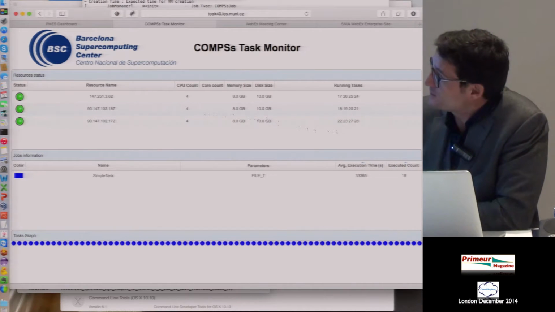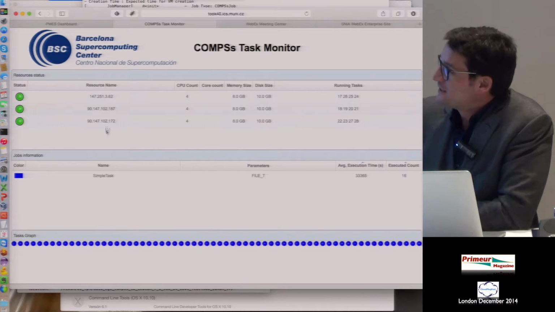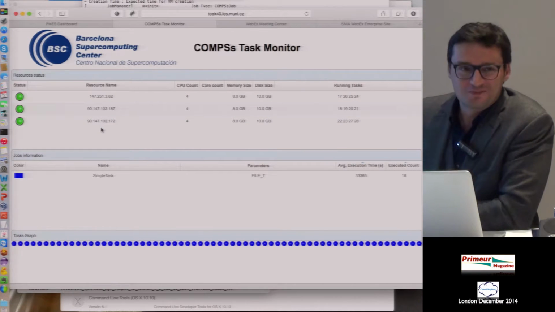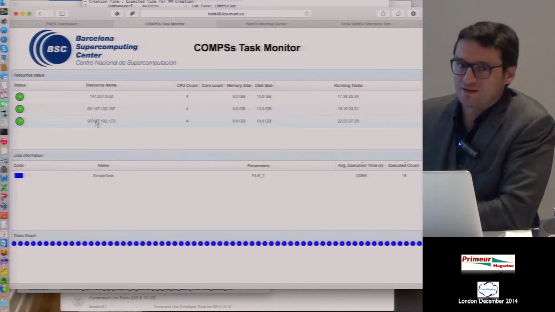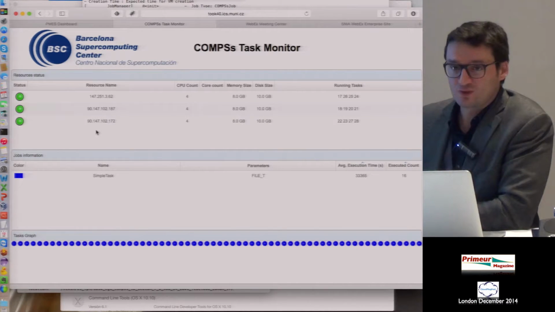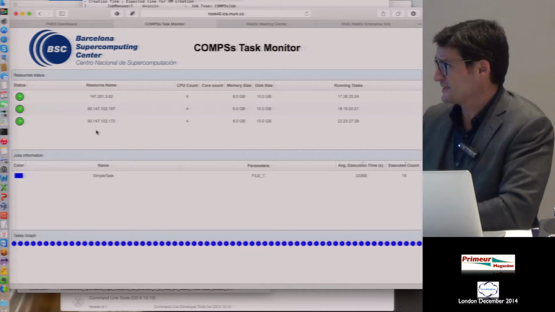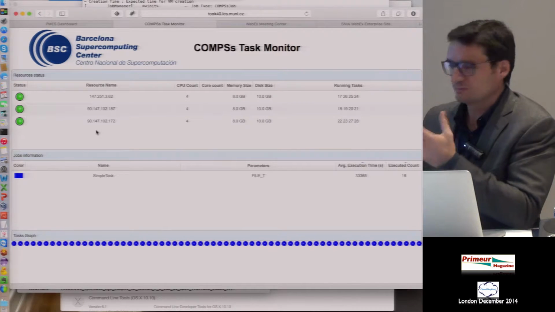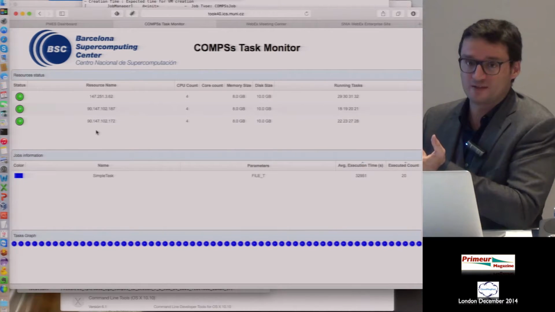As you can see, the IPs are different. So I wasn't lying. It's true that we are executing on a multi-provider testbed. Again, in the case of more complex workflows, COMPS will also take care of transferring the files to the nodes.